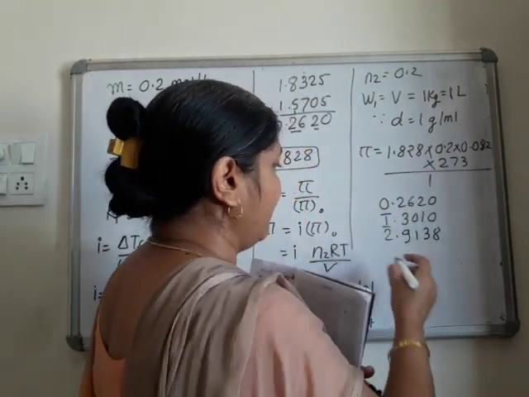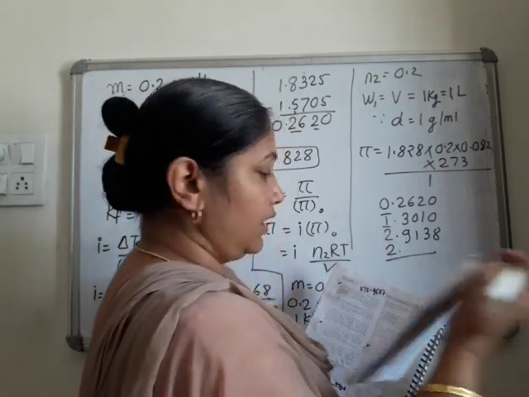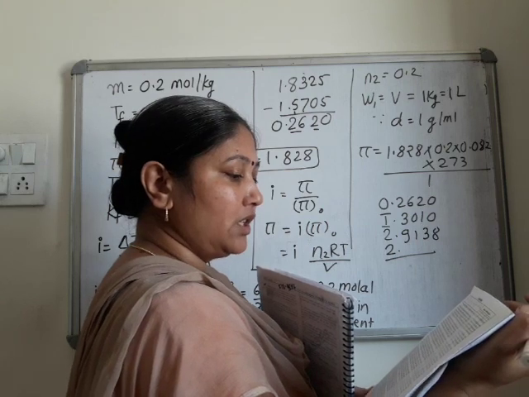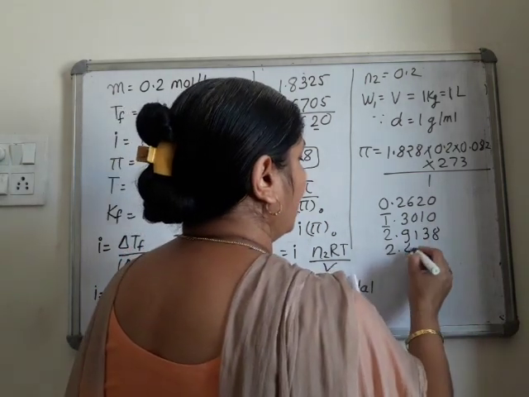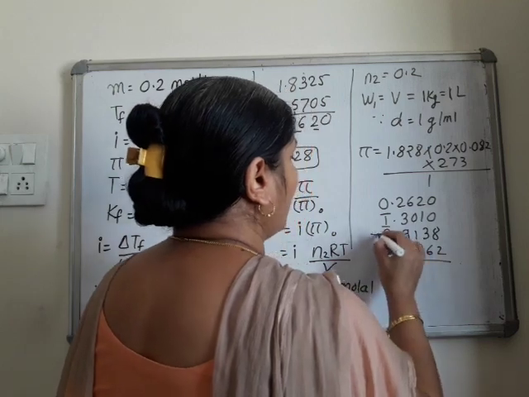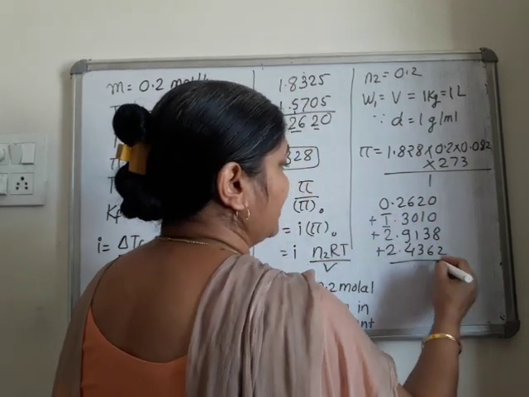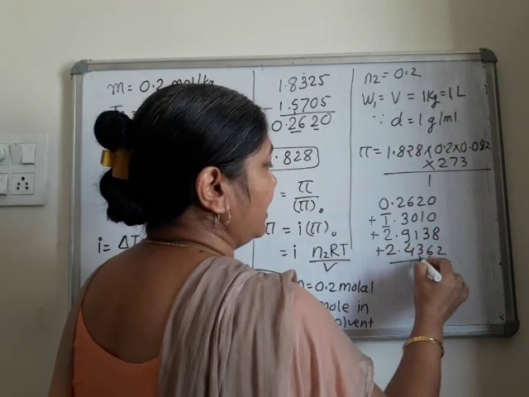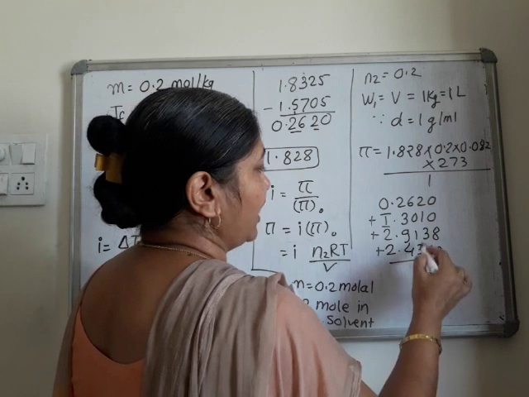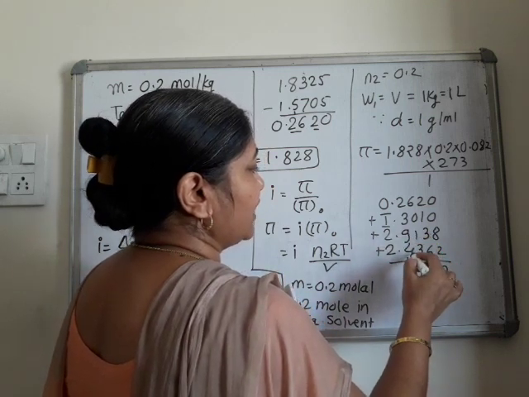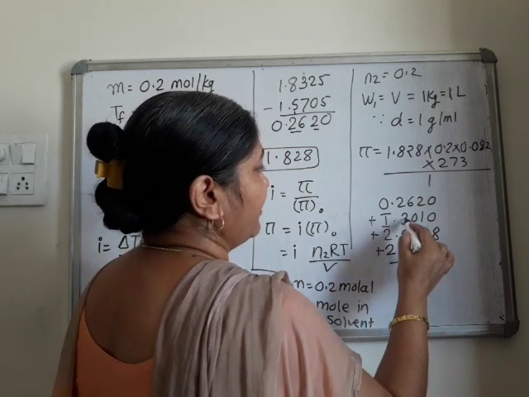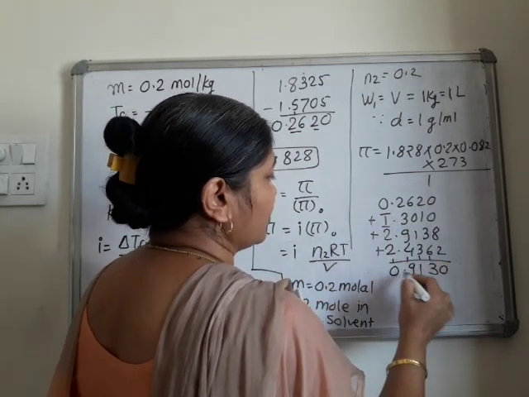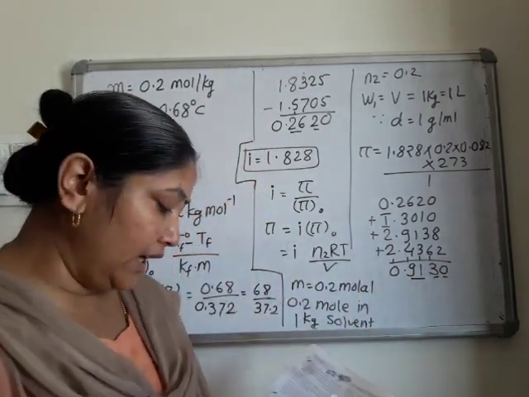9138 and 273. What is it? 273 is 4362. Add these logs. 8, 9, 10, 1. 3 plus 3, 6 plus 6, 12 plus 1, 13. 6 and 4, 10 and 11. 9 plus 1, 10, 10 and 14. 15, 16, 17, 18, 19. And here 1, 1 get cancelled, 2, 2 get cancelled. So this is 0.